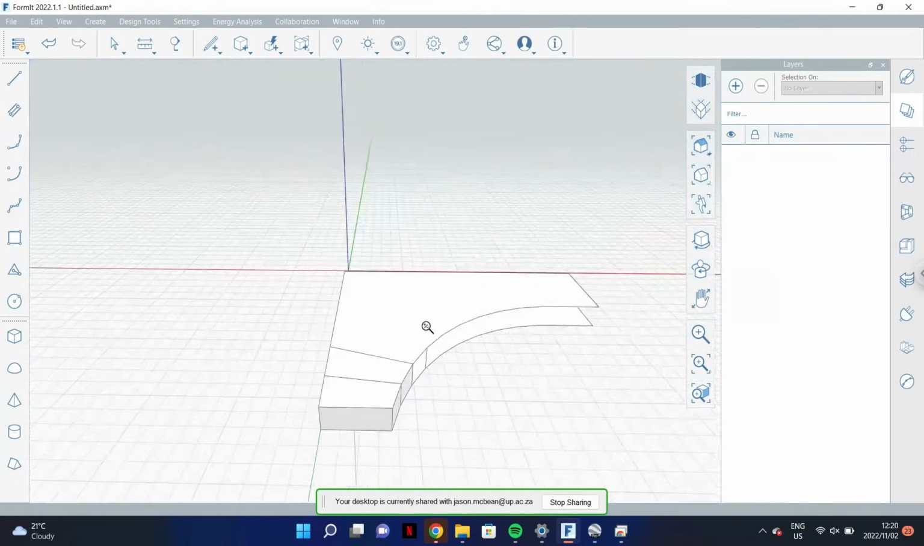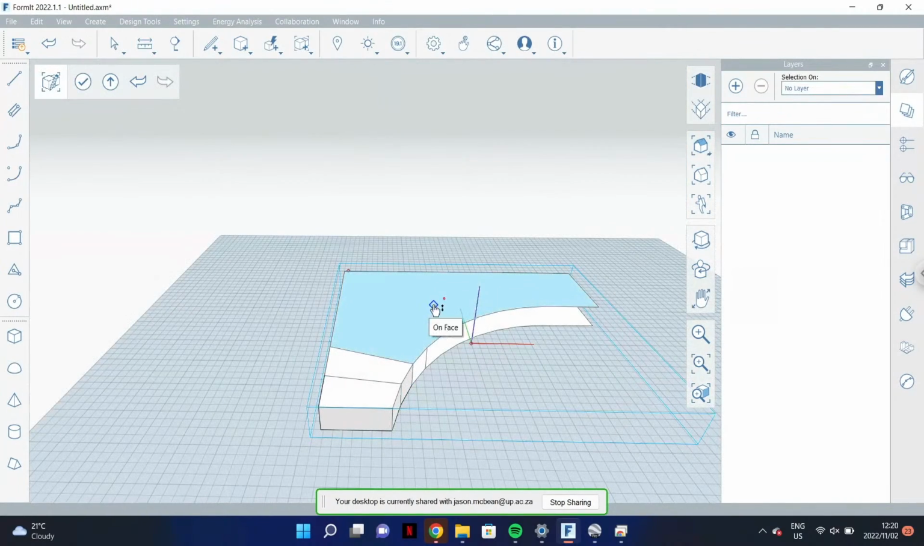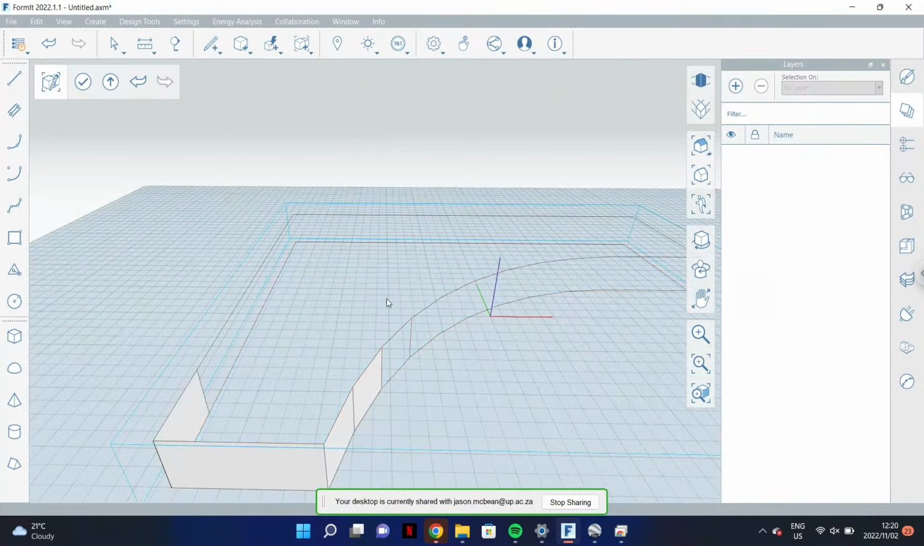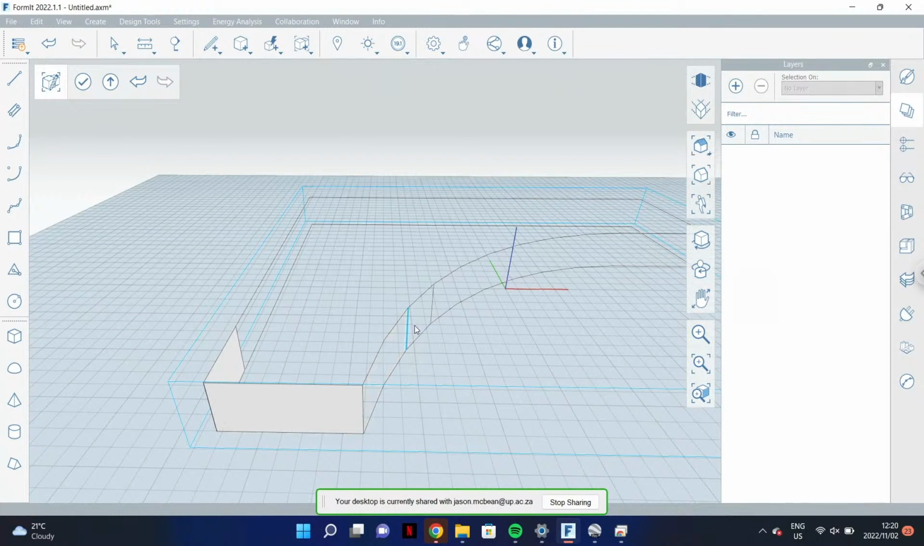I'm going to leave the shape. I'm going to get rid of the face. Delete. I'm going to explain why I'm going to leave the shape in the meantime. Okay. And then I'm going to get rid of that. Cool. And I'm going to leave these edges in here. Okay. Now,